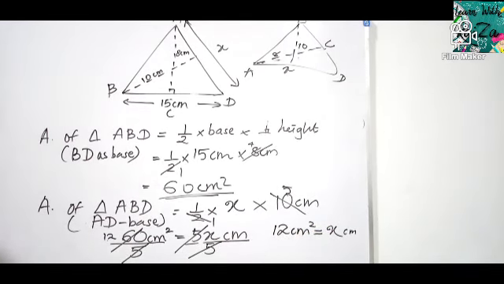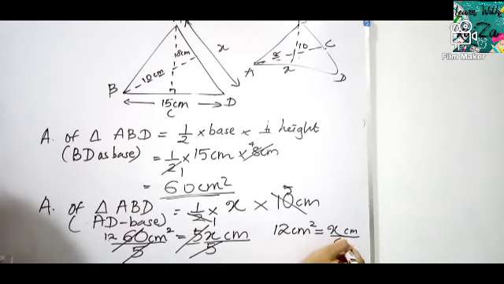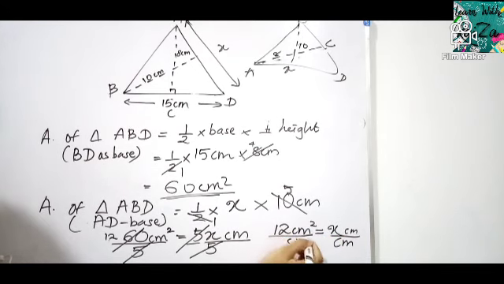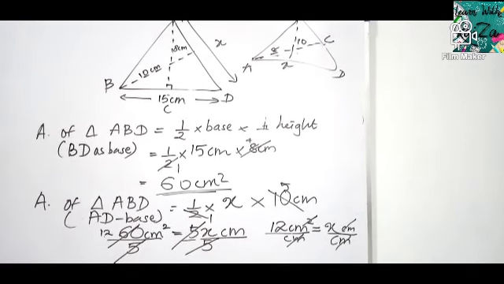Okay, we need the length in centimeters. Can you see 2 centimeters here? Centimeter into centimeter. Here 1 centimeter. Then you have to divide both sides by centimeters. Then 1 centimeter and 1 centimeter cancel. So 1 centimeter is remaining. x is equal to what? 12 centimeters. x is equal to 12 centimeters. Did you understand? Okay.